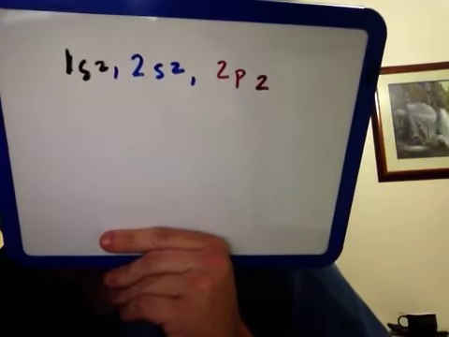Well, what do I have? I've got 4 electrons, so 2p2, right? The last 2 electrons. That's a total of 6 electrons. So 1s2, 2s2, 2p2. Alright, so what we have here with carbon is 2 electrons in the 2s orbital and 2 electrons in the 2p orbital. This is very interesting